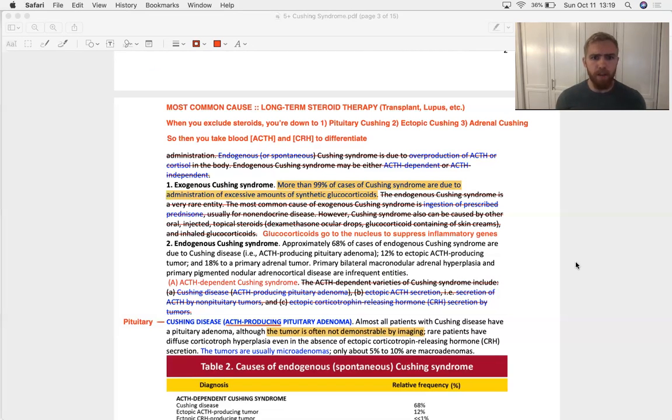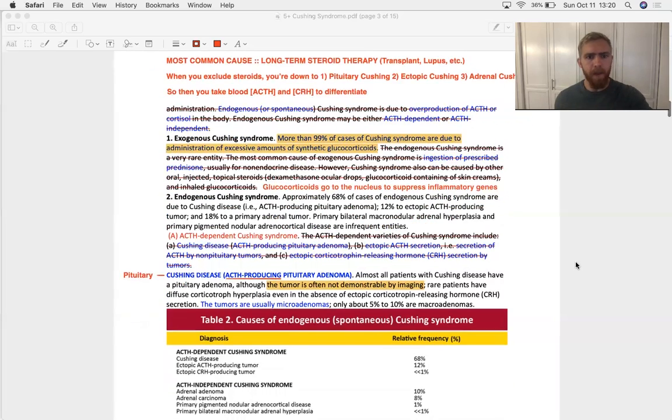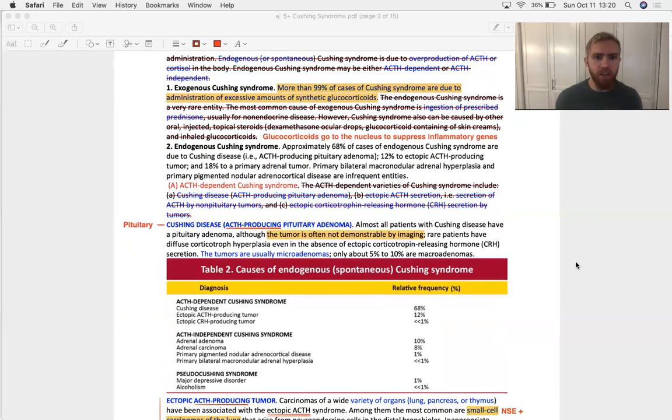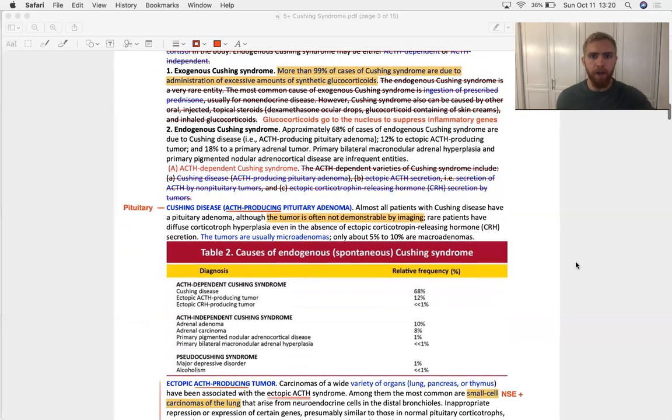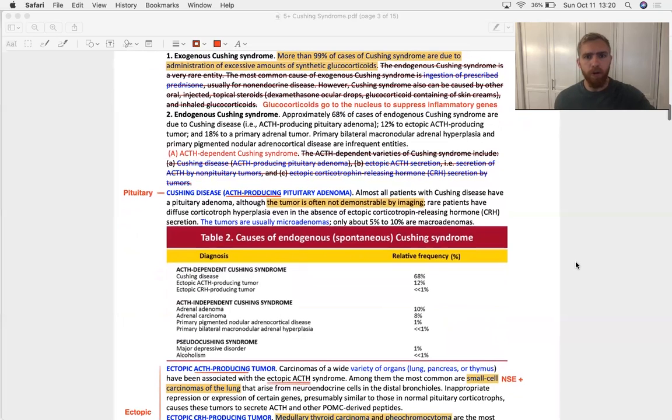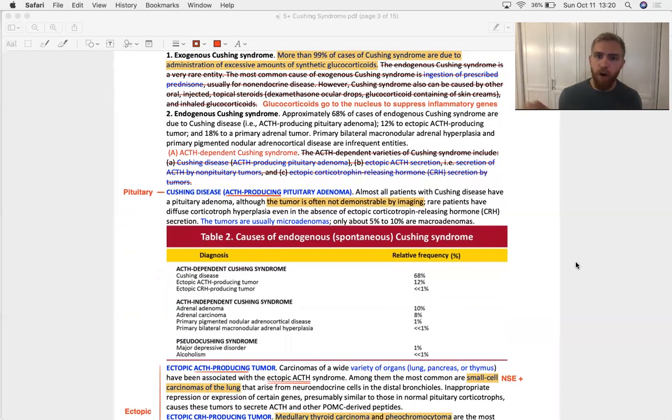So where the SDL then goes next is giving us a synopsis of these different etiologies of Cushing syndrome, and starts off talking about exogenous steroid administration. Again, that's 99% of cases, by far the most common clinically. And glucocorticoids are going to go to the nucleus. They can cross lipid membranes because steroids are just big lipids, and so they're lipid soluble, so they translocate to the nucleus with a cofactor and bind onto DNA, and they will suppress the expression particularly of nuclear factor kappa